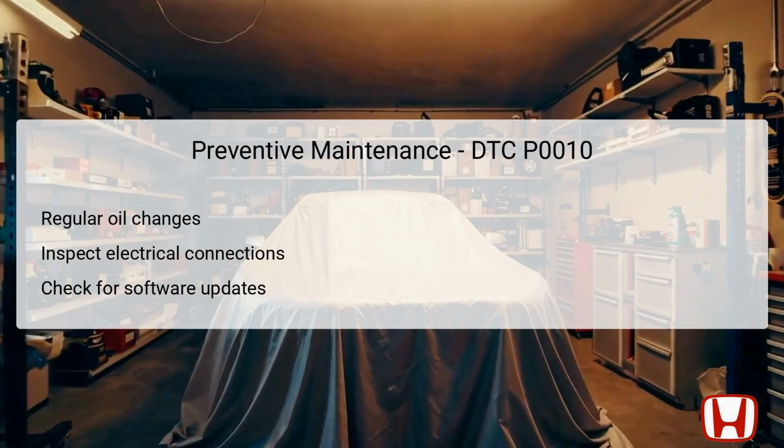To ensure optimal operation of the VTC system and prevent future occurrences of DTC P0010, it is important to maintain a regular preventive maintenance schedule. Regular engine oil changes with the correct specification can significantly influence the performance and longevity of the VTC components, including the oil control solenoid. In addition, periodically inspecting electrical connections for corrosion or wear serves to minimize the risk of